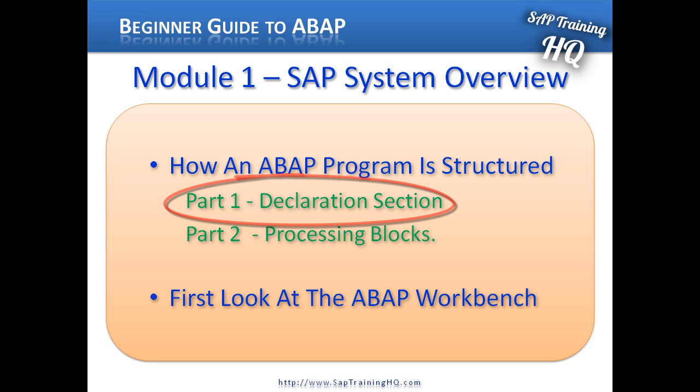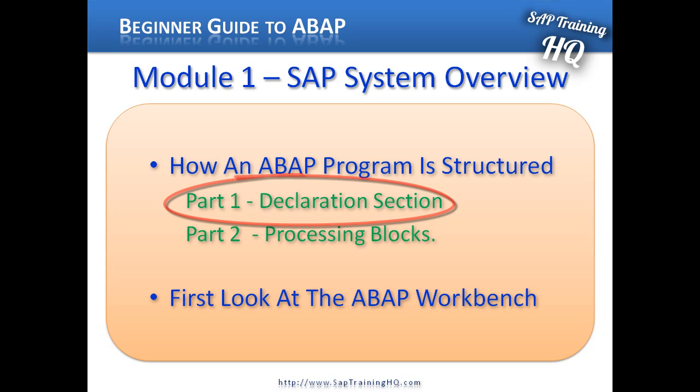When we create an ABAP program, we not only declare global variables, but we have the option to declare variables that are only valid inside specific sections within our programs. These sections are commonly referred to as internal processing blocks. The declaration part of our program is where we will define the parameters used for our selection screens for our